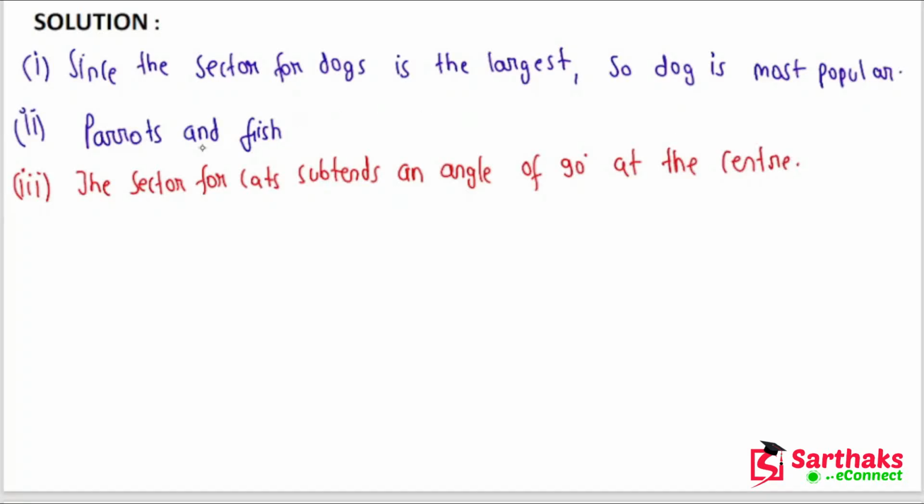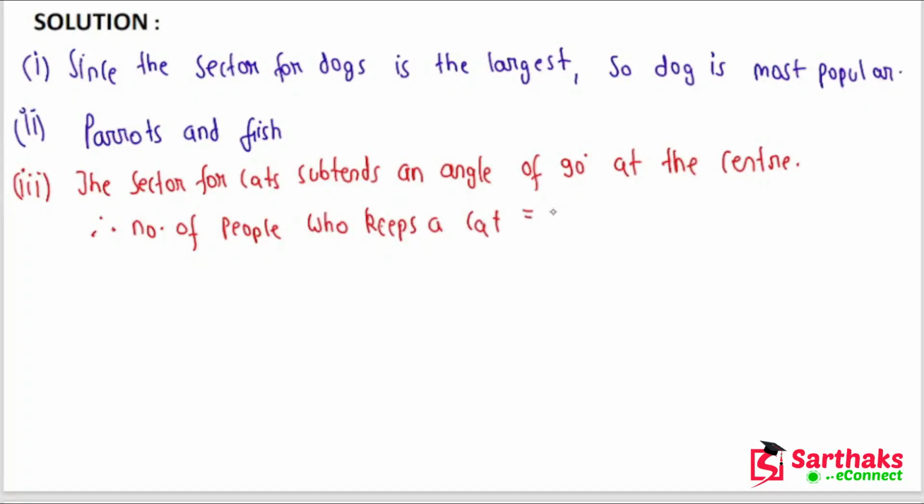So you can easily calculate. Therefore, the number of people who keep a cat is equal to